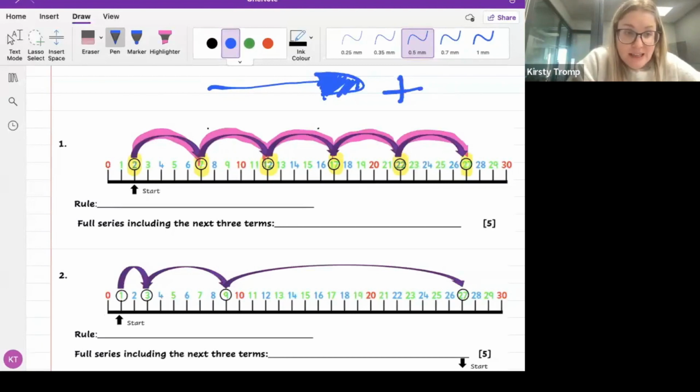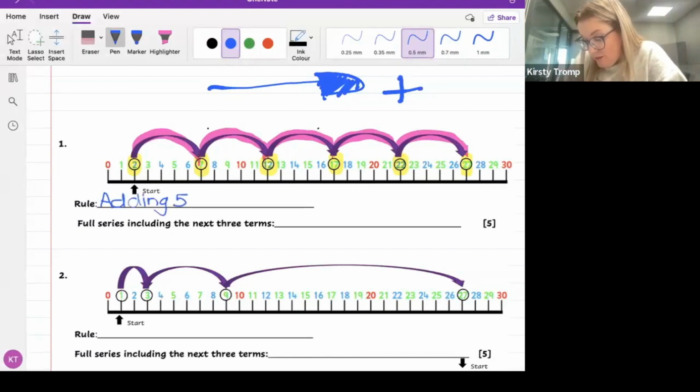Good, Azande, good, Tando, good, Lindo. Well done, guys. What's the difference between 12 and 17? It's 5. Between 17 and 22, it's 5. And between 22 and 27, it's 5. So what's the rule that's going on here? What am I doing each time? I am adding 5